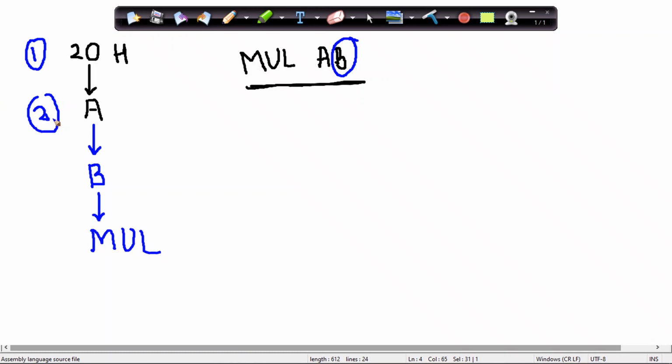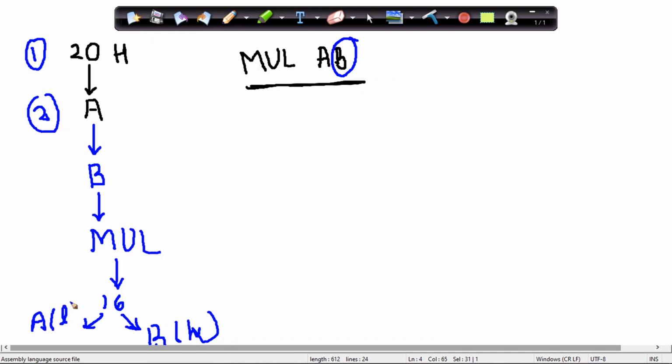Now after the MUL operation, the resultant is of how many bits? The result is of 16 bits. So we have to divide it into higher nibble and lower nibble. Register B will have the higher nibble and register A will have my lower nibble.